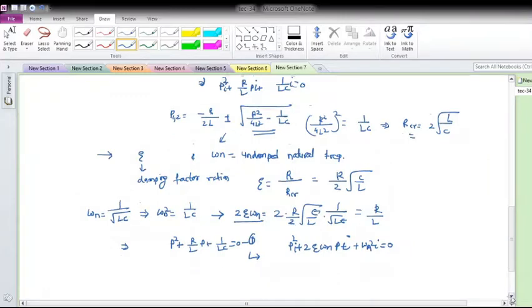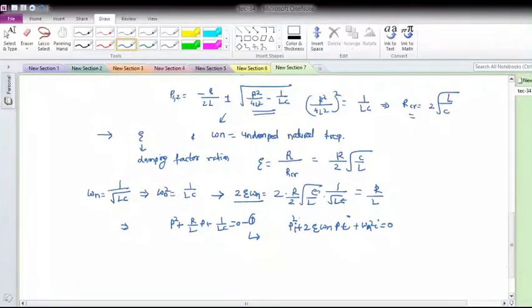Okay, now this introduction of two terms, zeta and omega n, is useful to interpret the geometry of the root locations in the S-plane. And in addition, they have significance in order to understand the response of the second order circuit.